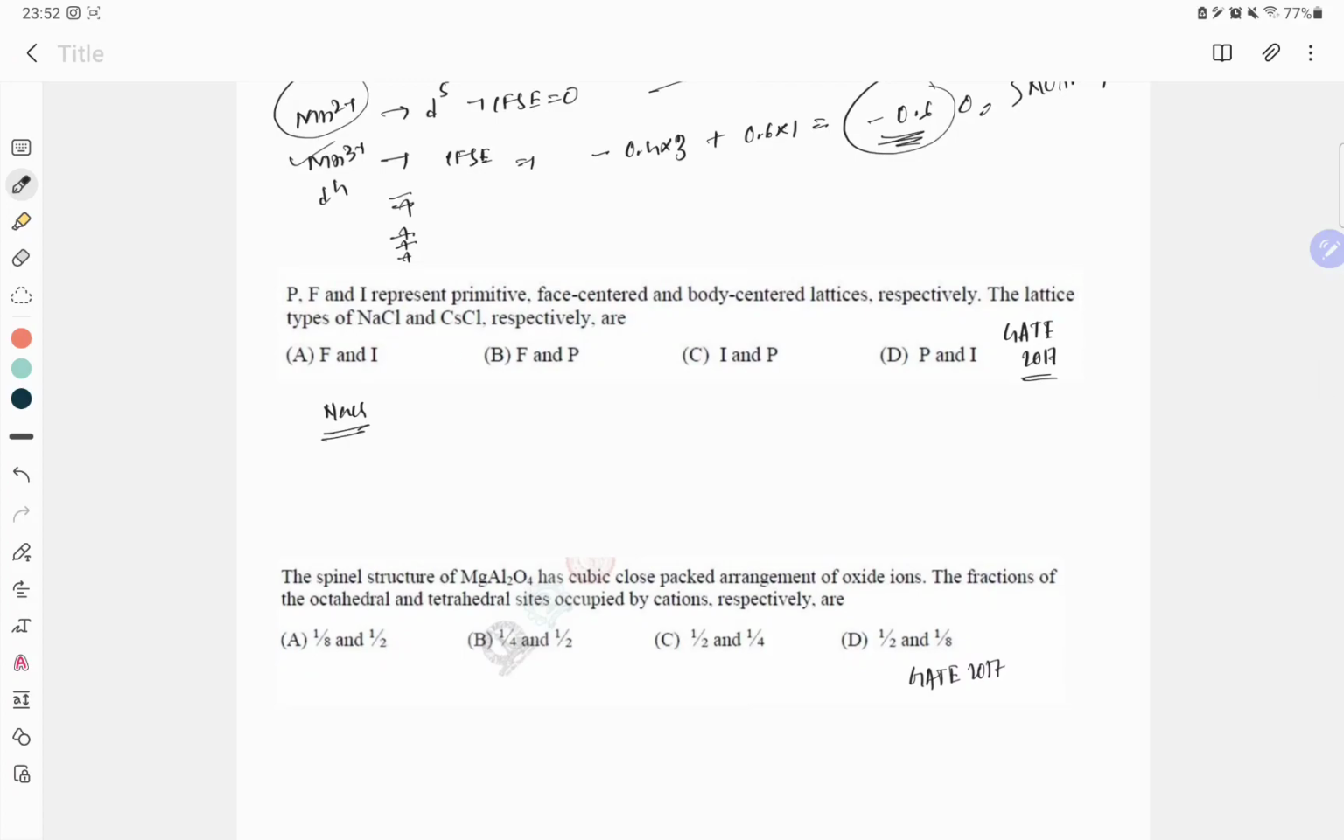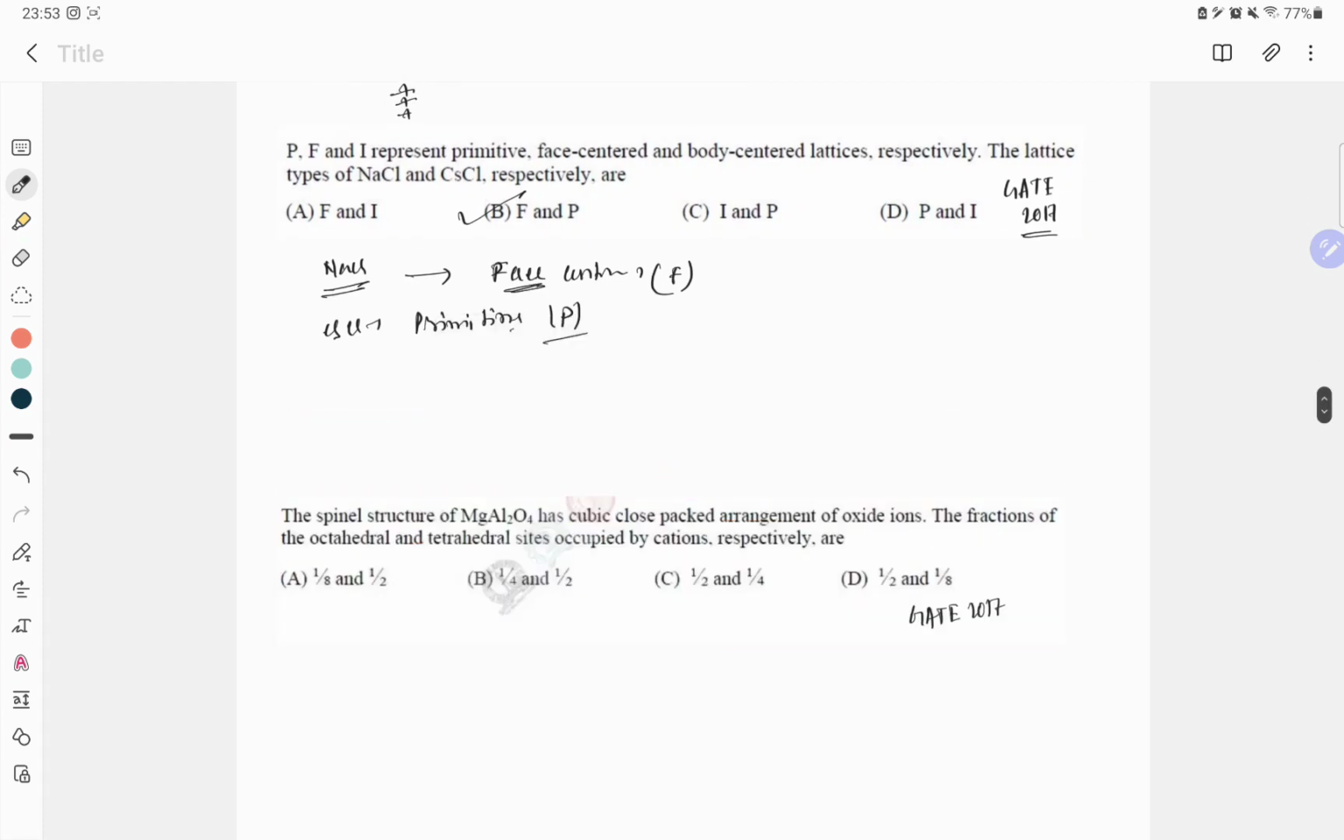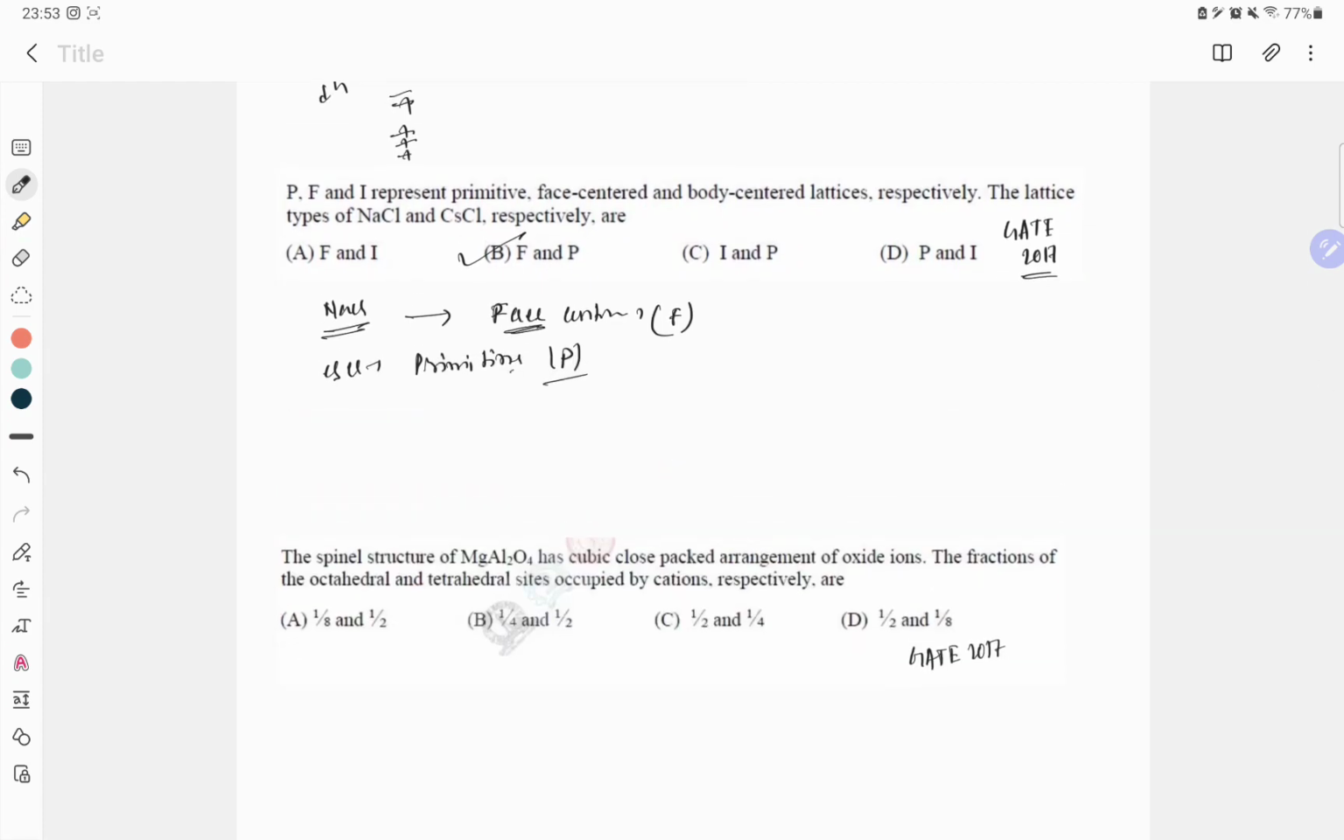Okay, so CsCl is primitive, that is P. And the initial structure is face centered, that is F. The correct option is F and P. Initial structure, if we know how the initial is produced, so there is a